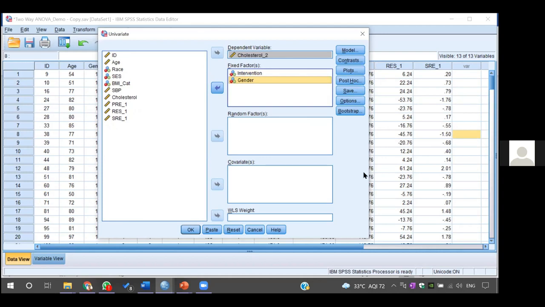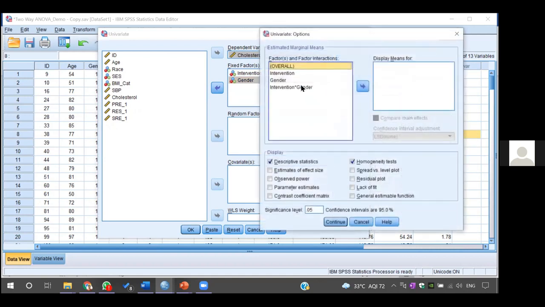So are you clear what we moved here? Again, similar to the previous command, this dependent variable, this is cholesterol 2. That is the variable which I have named, which I have to take. And then in this independent variable, I have to see it across 3 interventions. And I have to see whether there is an interaction effect of gender or not. So for that, what I'll do, I'll go to this option. In the option, I'll move this and I'll see